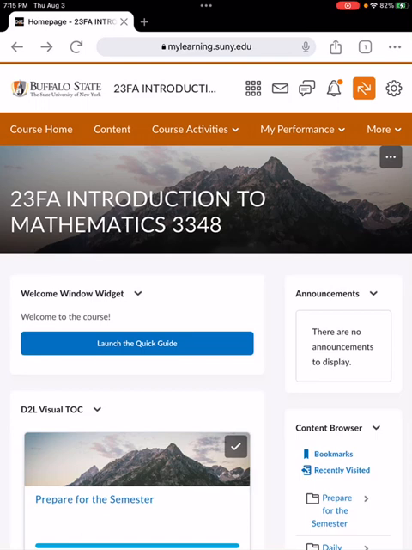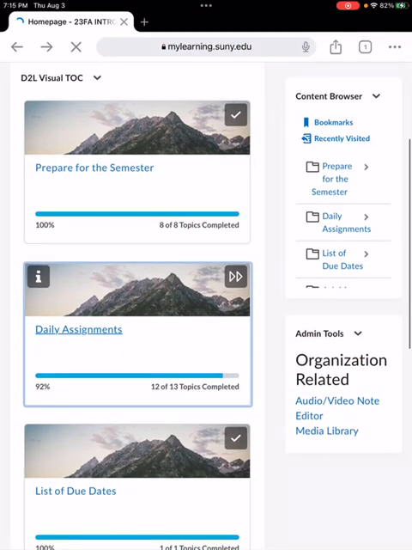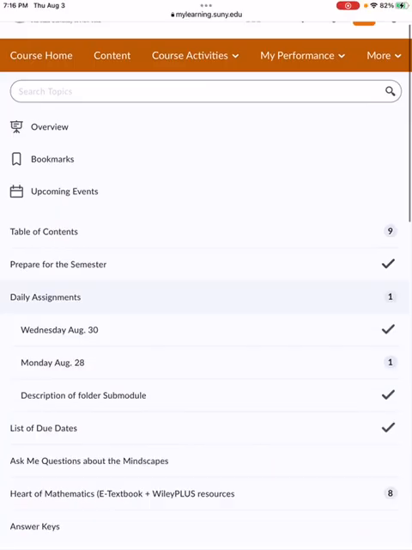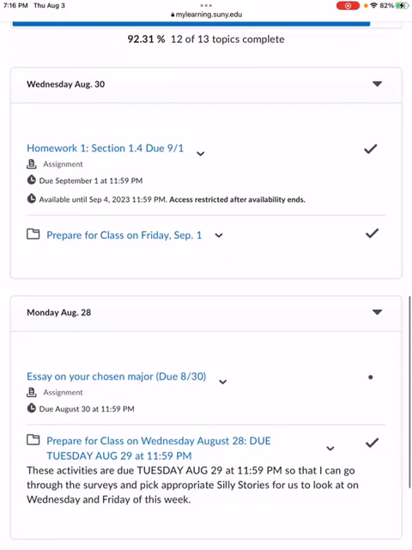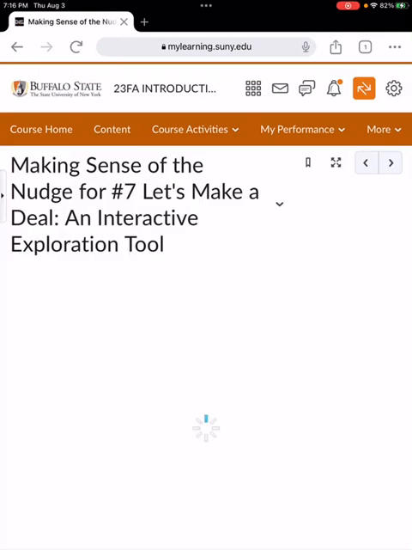I'm going to look at the same assignments that I looked at on the previous video where I was accessing them through a computer. Again, I am on an iPad. So when I go to the daily assignments folder, things load fine, and I go down to that same prepare for class folder. And this time when I try and access the graphic interactive tool for Let's Make a Deal,